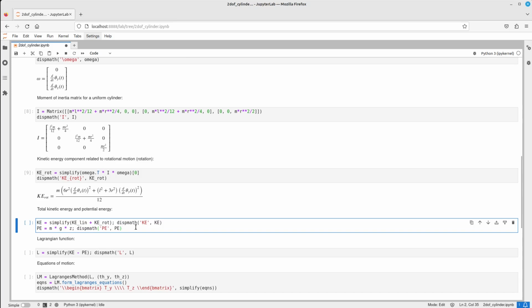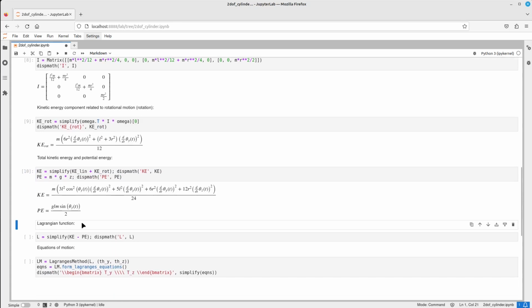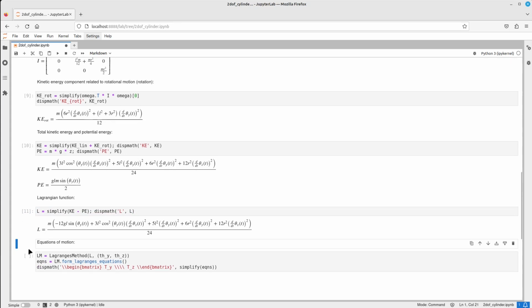Potential energy in this case is pretty easy, so there's not much to cover here. So we have this kinetic energy and the potential energy. And as you hopefully remember from one of my previous videos, the Lagrangian function is expressed as the difference between the kinetic energy and the potential energy in a system. So let's display the Lagrangian function here,